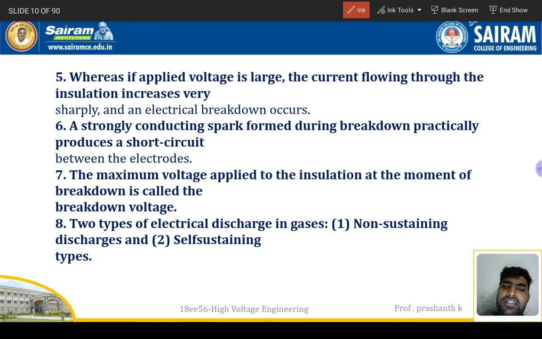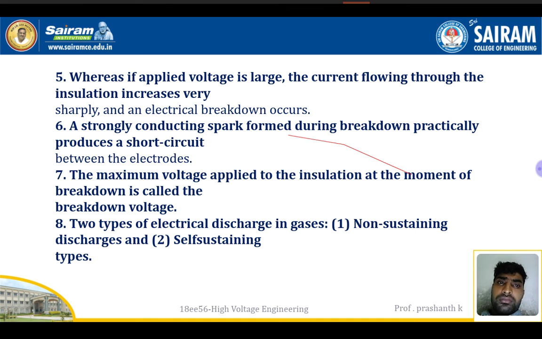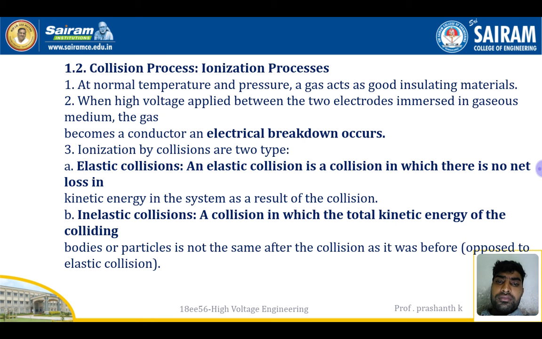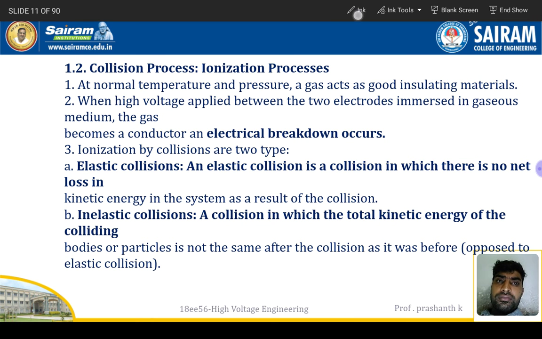There are two types of electrical discharge in gases: non-sustaining discharge and self-sustaining discharge. Then the collision process and ionization process. At normal temperature and pressure, gas acts as a good insulating material. You should remember the condition: normal temperature and pressure. When high voltage is applied between two electrodes immersed in a gaseous medium, the gas becomes a conductor and electrical breakdown